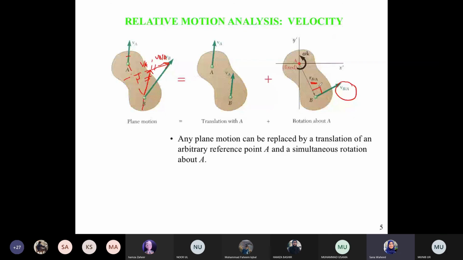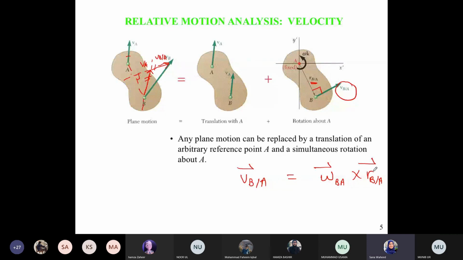Okay, it will always be perpendicular to the relative position of B with respect to A, या फिर the line joining B and A. If you don't like this way कि अच्छा हाँ उसने circular path पे move करना है, then there is another way to think about it which is also pretty straightforward, which is कि we know that this VBA, that's the one arising because of rotation, omega crossed with RBA. तो ये तो हमें पता है कि क्रॉस प्रोडक्ट का जो एंड रिजल्ट होता है that is perpendicular to both the terms in the cross product. दैट इज VBA इसके भी परपेंडिकुलर होगा और इसके भी परपेंडिकुलर होगा। तो यही तो मैं कह रही हूँ कि वो RBA के परपेंडिकुलर है. That's exactly what we are seeing,